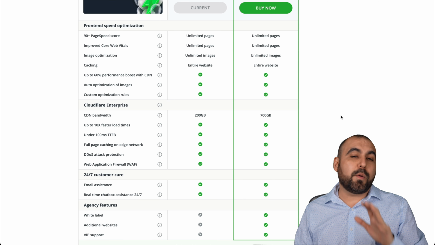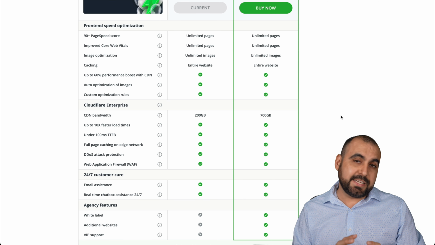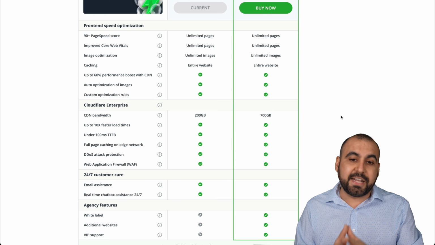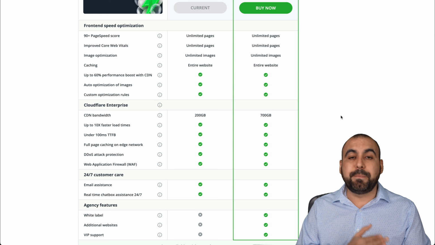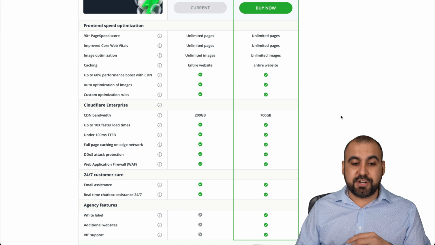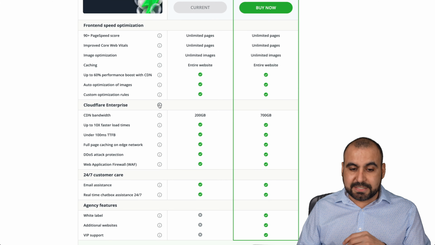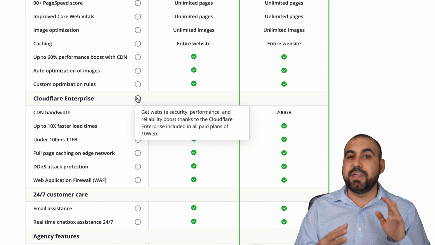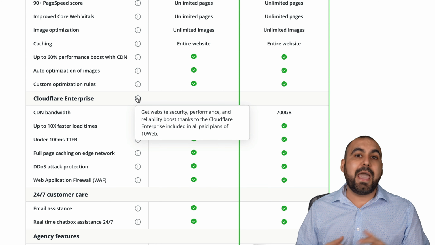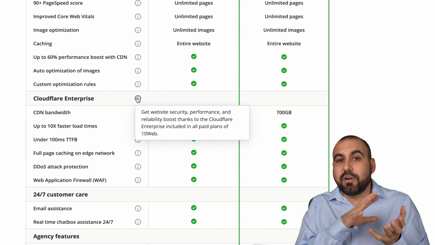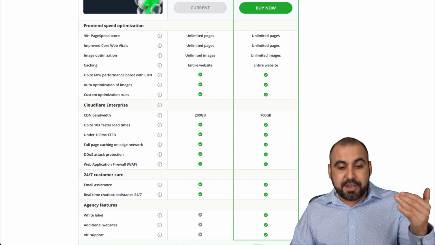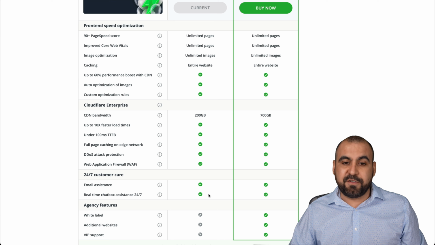10Web Booster is a WordPress plugin that gives us a ton of optimization options for our WordPress site. Now, the best part about it is that it's super easy to use. But once you jump into the paid version, you're gonna get a whole lot more features. And in this paid version, you're gonna get access to Cloudflare Enterprise. And we're gonna get access to the full CDN, the security system, and Mirage. All of this is only available for the paid versions of Cloudflare. Now, aside from all that, you're gonna get access to all of this in the paid version.